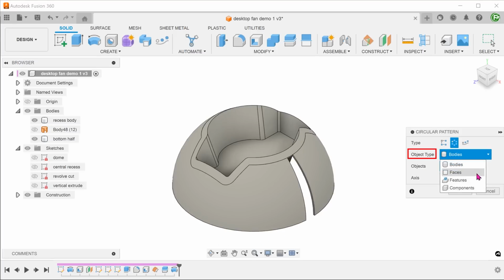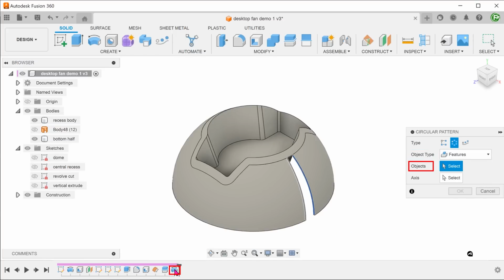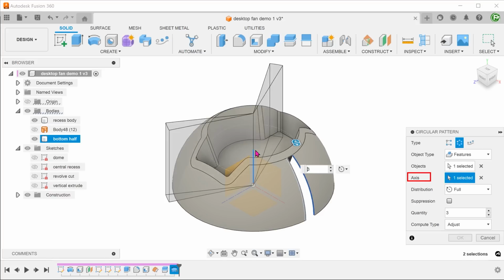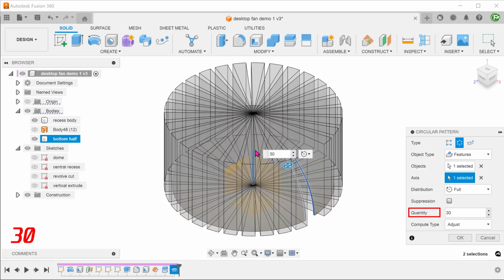Set object type to features, and select the revolve cut. Set the y-axis as a pattern axis and adjust the quantity.